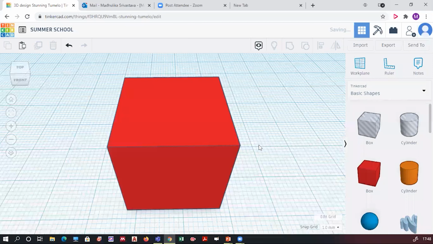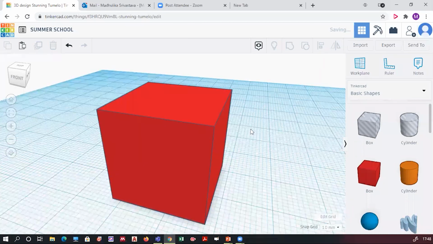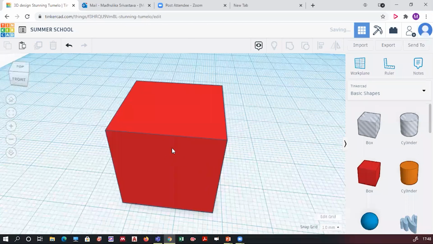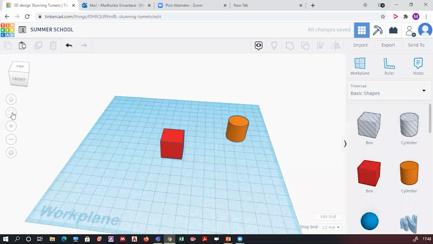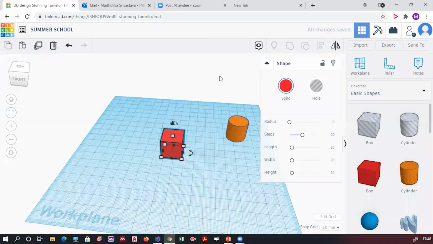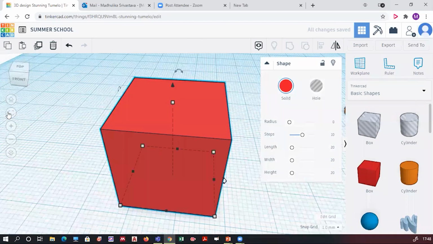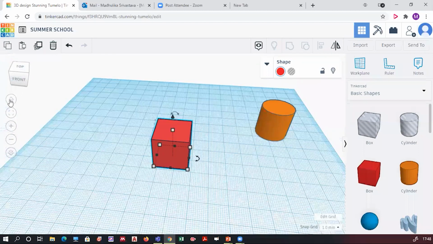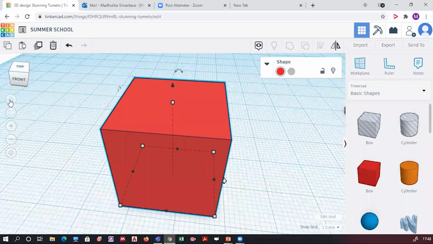Suppose there are 3 objects in front of me and I wish to see only one. I can just click fit all. Fit all is the second option you see from the left hand side of this vertical panel. Now to return from fit all, you will click on this home view button.